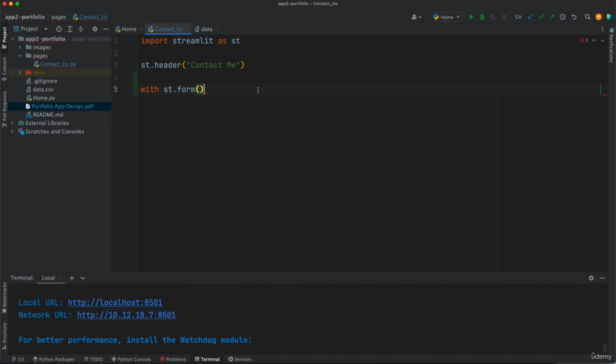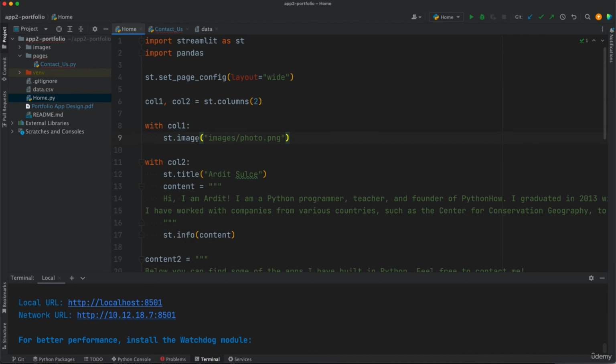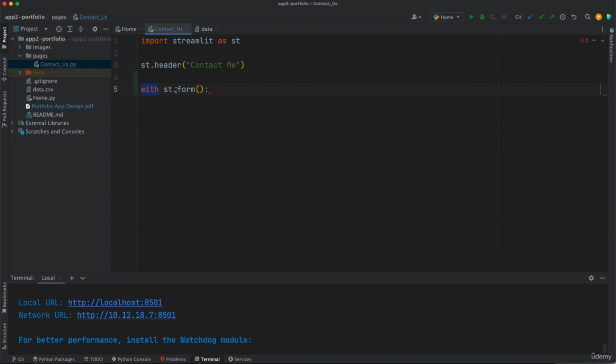It's as straightforward as that, just like we did on the home page with columns. We have a column, and inside that column we have components which belong to that column. We do the same with the form. The form is a component which is going to contain other components, such as the user email, which is going to be st.text_input. Text input is a component we used in the to-do app. That was the text box where we entered new to-dos, but in this case we're going to enter